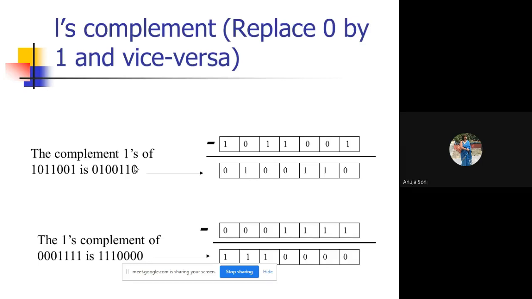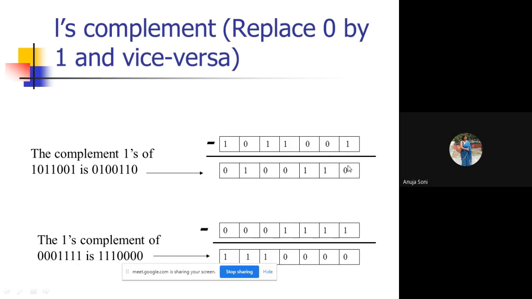So first of all is your ones complement. How to find out the ones complement? Given a binary number, in order to find the ones complement, you directly need to replace 1 by 0 and 0 by 1 in the entire number. That will give you the value of the ones complement. Like here is a given number 10111001, and downside is your ones complement. How has this ones complement been obtained? Simply go on replacing every digit by its inverted value. It will give you the value of the ones complement.